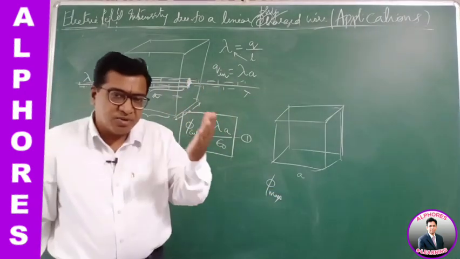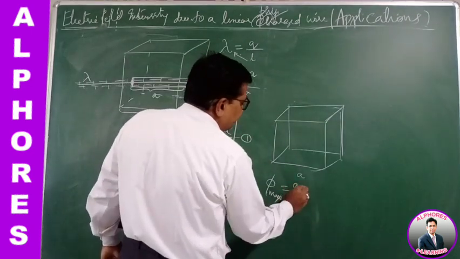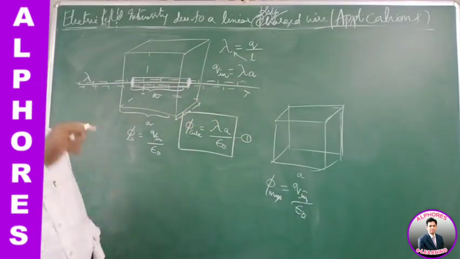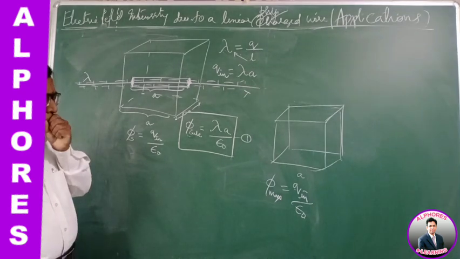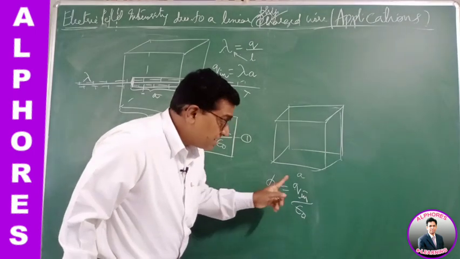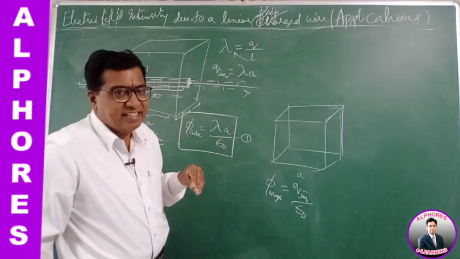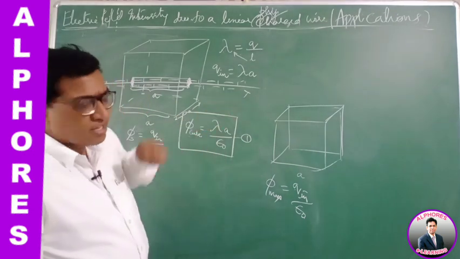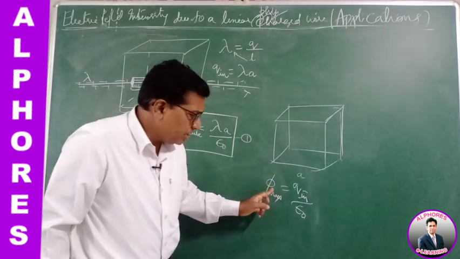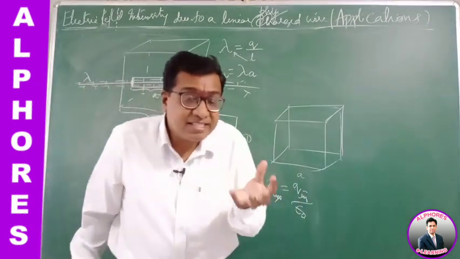Now we know, according to Gauss law, the flux associated with the Gaussian surface is the charge inside divided by epsilon naught. Now he is asking you to find out what is the maximum flux. Epsilon naught is a constant. Flux will be maximum when charge is maximum. So when the maximum charge of the conductor is inside the cube, the flux associated with that will be maximum. So flux purely depends upon the charge. Now when is the charge maximum?